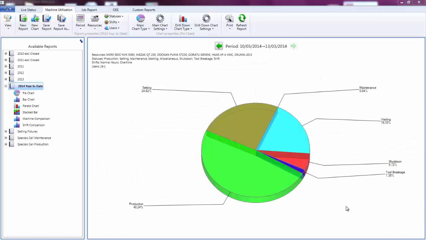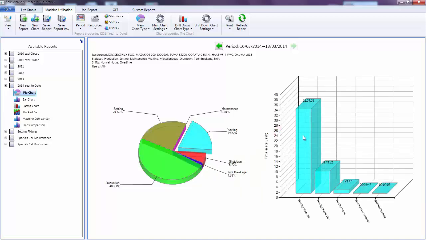The system enables me to look at the performance of my resources over time to try and identify any productivity losses in order that they can be reduced or eliminated. The system is highly configurable, allowing different views of the data. So here we're looking at a report for the current year, the pie chart indicating that I've achieved nearly 50% running time, but I can also see the amount of time lost to setting. If I click on the waiting segment of the pie, then I get the breakdown of the various status reasons